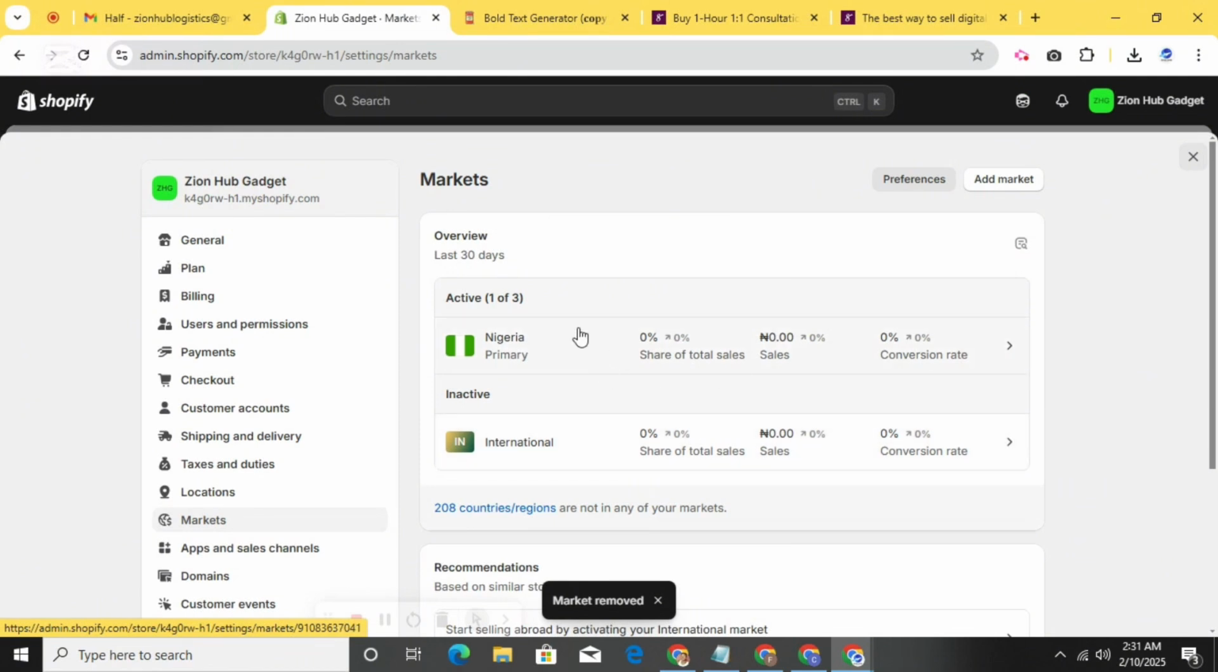Back to this market, what I'm going to do here is stick around with this international market. You can see here, this is active. We have this active and we have the international inactive. That is to tell you only people from Nigeria can buy from your store. International people cannot buy from your store, and these international countries are up to 208, which is awesome,